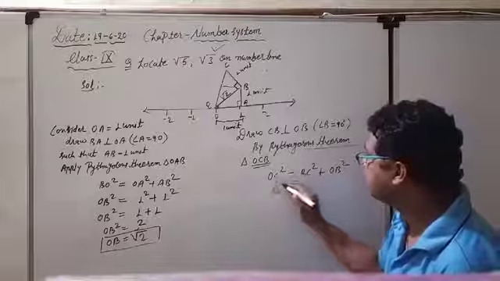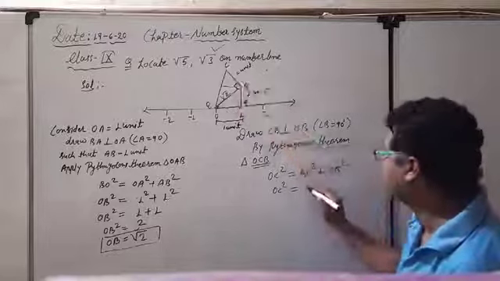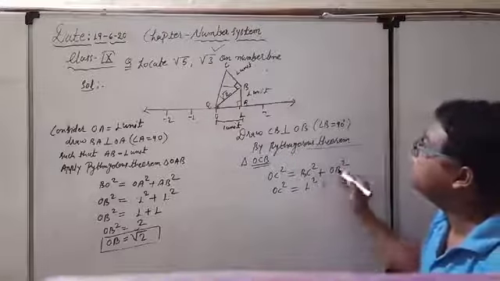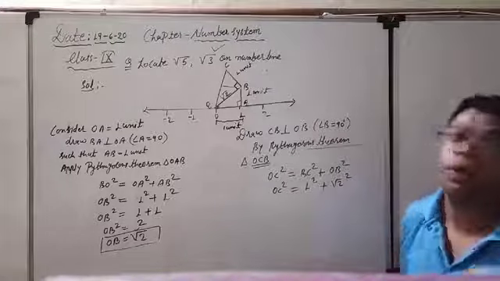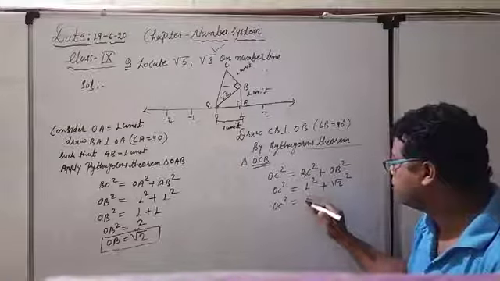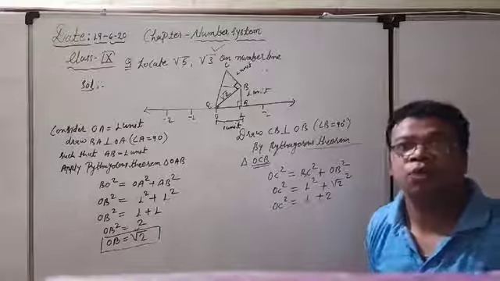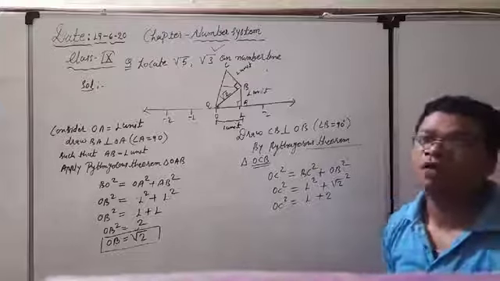You can see OC square we have to find out. BC, that is the perpendicular, I know because I have drawn it 1 unit. And after that, what is the OB? Root 2. Already we have got root 2 square. Right now see what is the logic here. OC square is equal to 1 square, meaning 1. Root 2 square means 2, because root 2 into root 2 are making a pair, completing their pair, and they will come out of the square root.